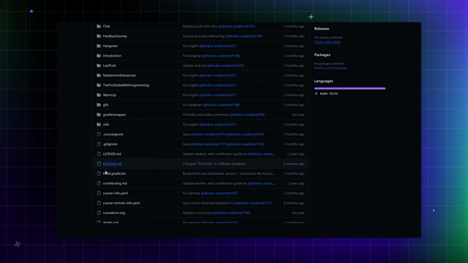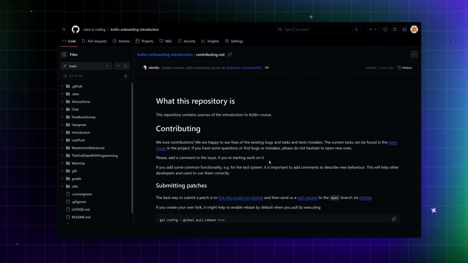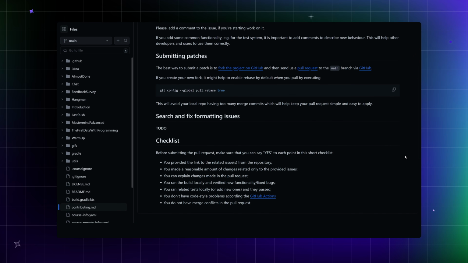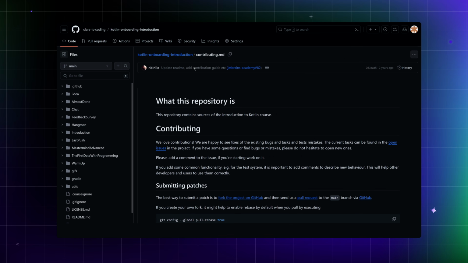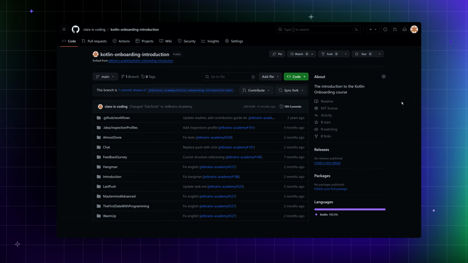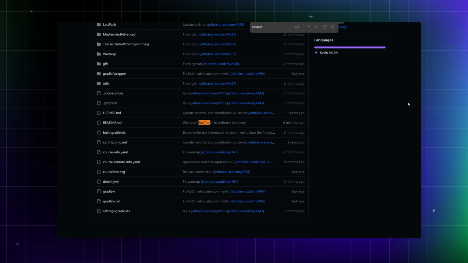Depending on the level of security of the repository you're contributing to, you might need to ask for approval to push or follow a special process for contributing. But if there are no such rules, your pushed changes will be applied instantly and will be shown to all your fellow collaborators on their next pull request.